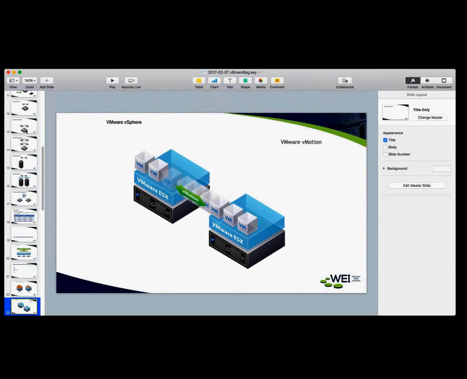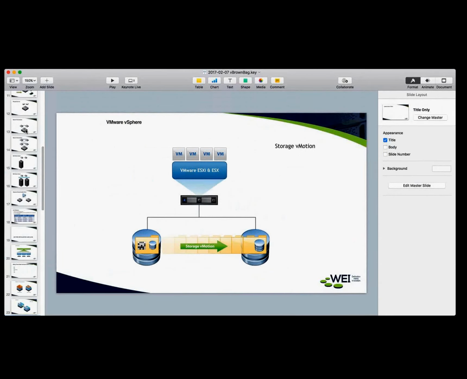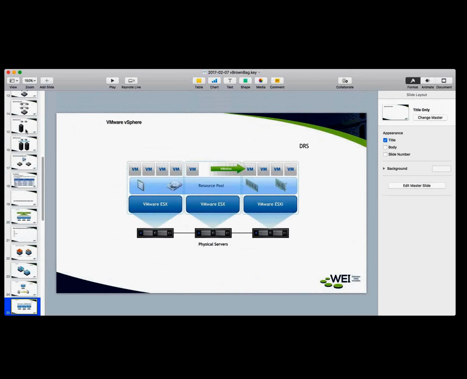We take for granted the ability to use vMotion and move our workloads around, whether it be from an availability perspective, preventative maintenance, or just shuffling the workload around to get better performance. We got storage vMotion. We can move from one set of disks to another, again, whether I'm migrating from one old SAN or to another, or whether it's rearranging the way my VMs live on disk to better their performance. DRS will automate a lot of our workload. Again, these are things that we seem to take for granted now when we build up a VMware environment, and it's just really cool to see how these technologies have improved over time and all the new features that they've